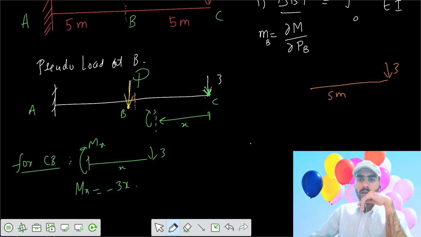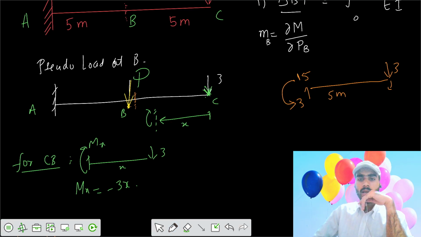So here there would be some shear force of 3, and the moment developed here would be, say this is clockwise, here it would be anti-clockwise, 3 into 5, that's 15 kilonewton meter. So a moment of 15 kilonewton meter has been developed on